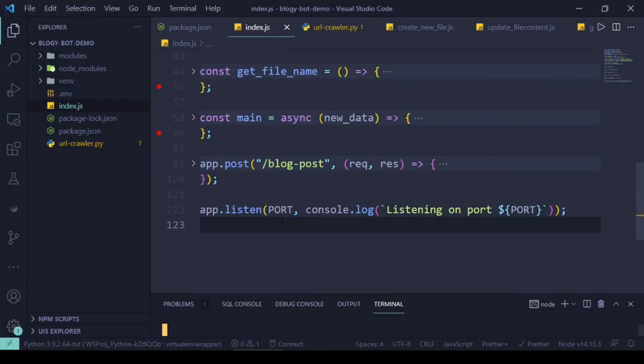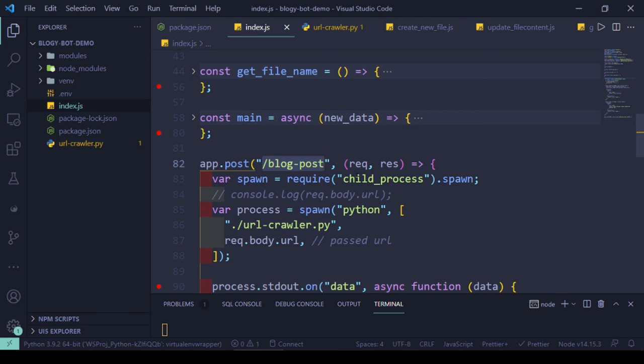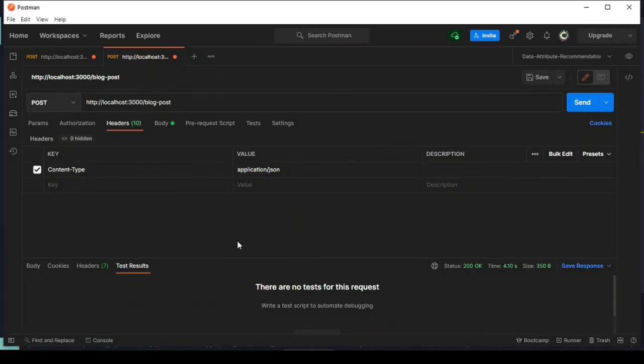The endpoint is not the main root but the blog post. But when we are calling this blog post, we need to pass on that URL. So that's the reason we'll test it from Postman. So this is the localhost 3000 port and the blog post as my endpoint.